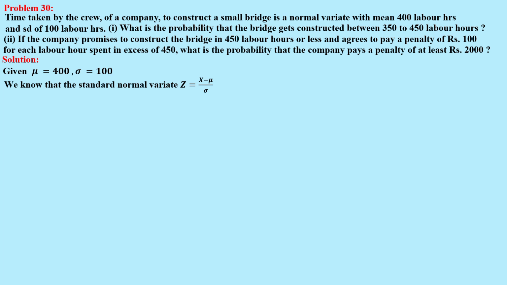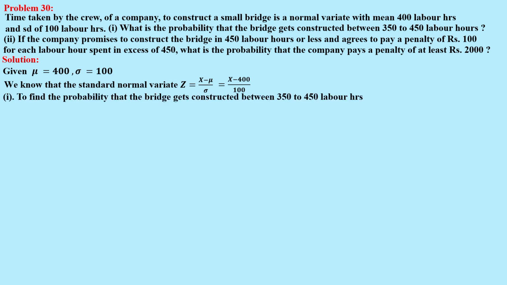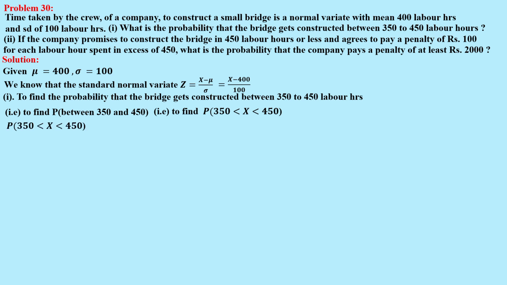So as usual, standard normal variate z is equal to x minus mu by sigma, that is equal to x minus 400 by 100. So first one, to find the probability that the bridge gets constructed between 350 to 450 labor hours. Let x be the construction time, right? So x lies between 350 to 450. We need to find the probability, so subtracting mu and dividing by sigma. So probability of 350 minus mu by sigma less than x minus mu by sigma less than 450 minus mu